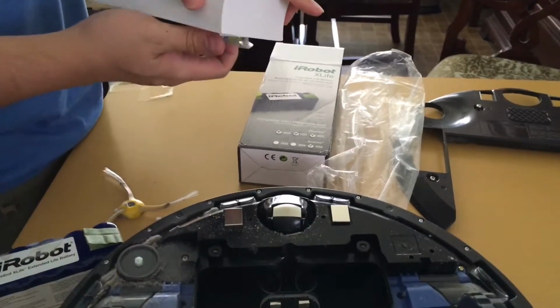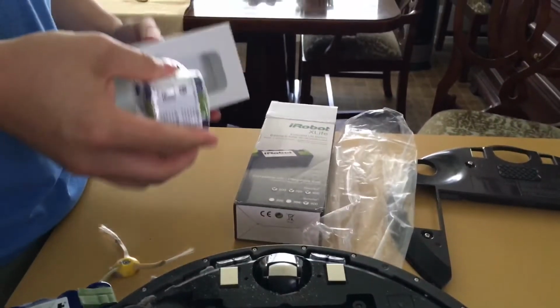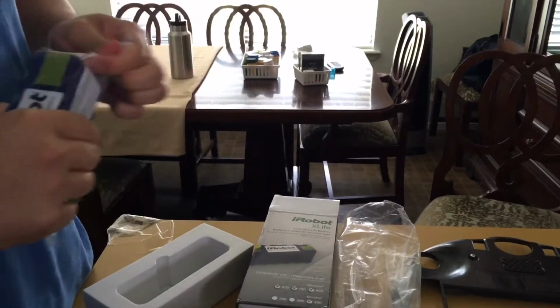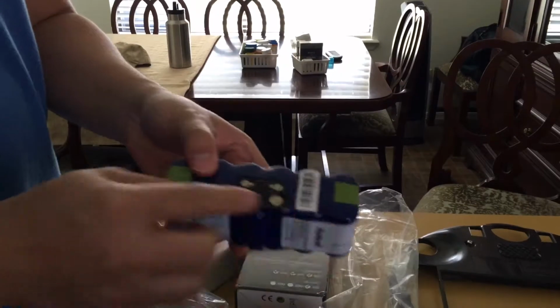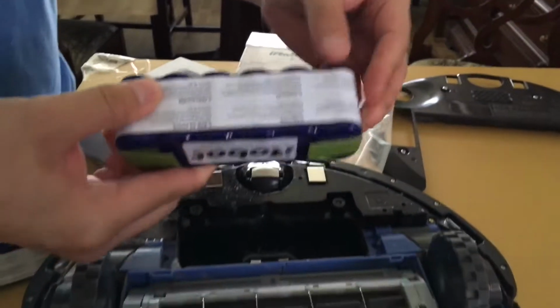And then we're going to recharge it for at least 12 to 16 hours based on what it tells you. These are nickel metal hydride batteries. And we're just wanting to line up the leads with this portion right here. So we're going to